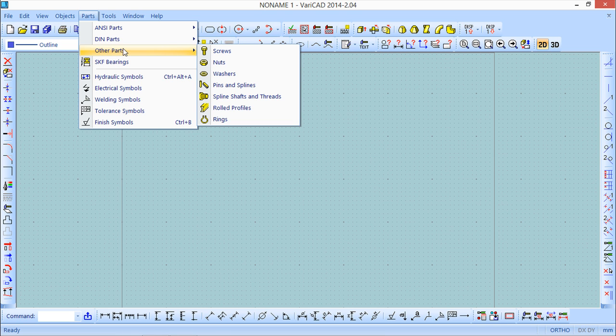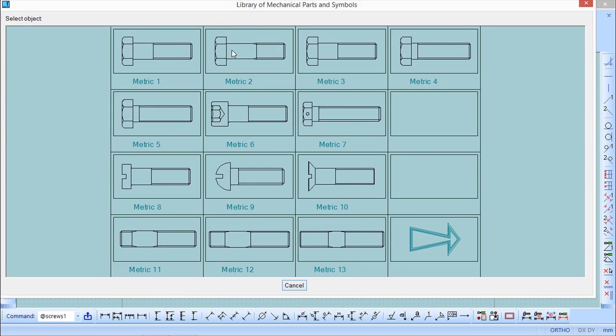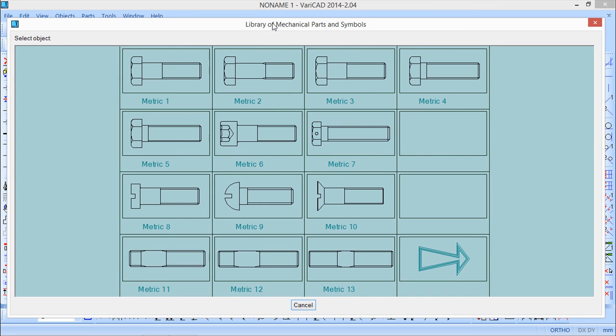So we can insert several types of parts. I will not do them all, as you might understand. Let us do some examples to see the options instead. So for example, a screw. This is very easy to use